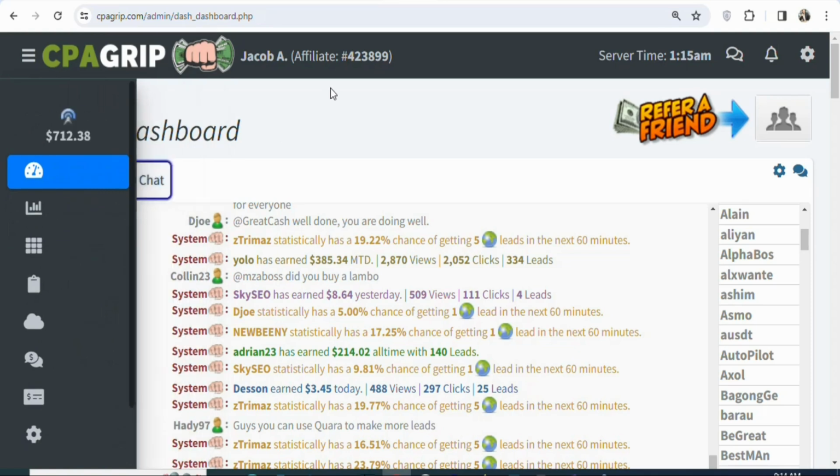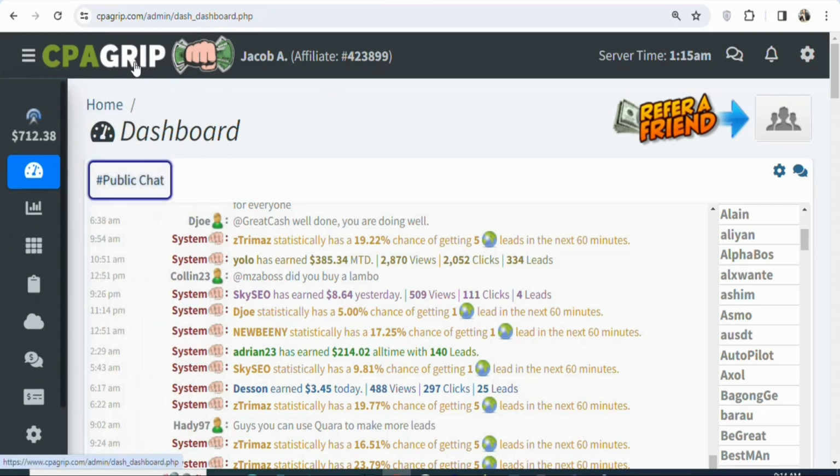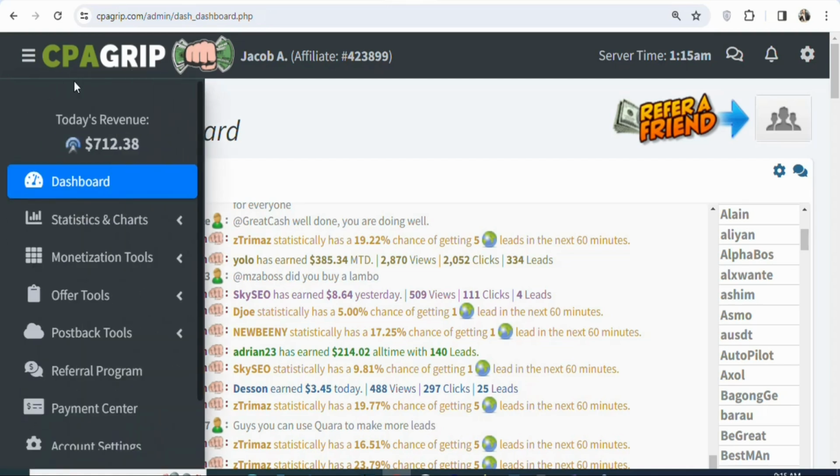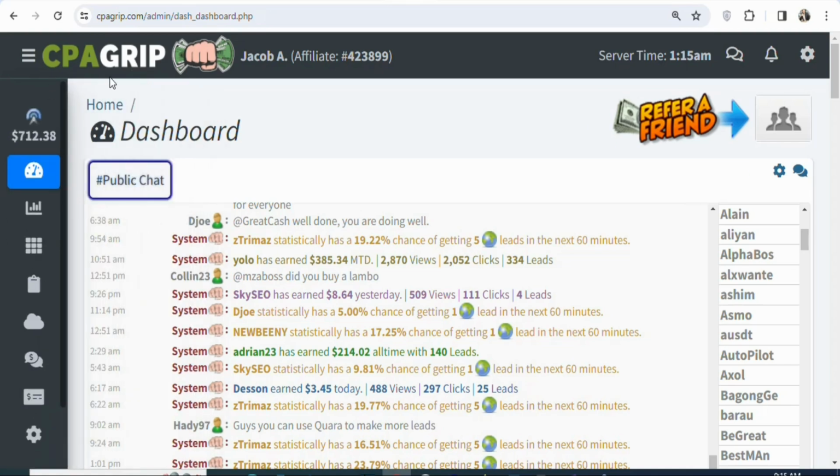The first step is that you have to join a CPA marketing network. There are a lot of different CPA marketing networks that you can join. You can join CPA Lead, you can join MaxBounty, and any other platform that you want. In this case, I'm using CPA Group. CPA Group has a lot of offers available in many different countries. So if you create an account on CPA Group, you can get access to thousands of offers that you can promote to earn money from home.